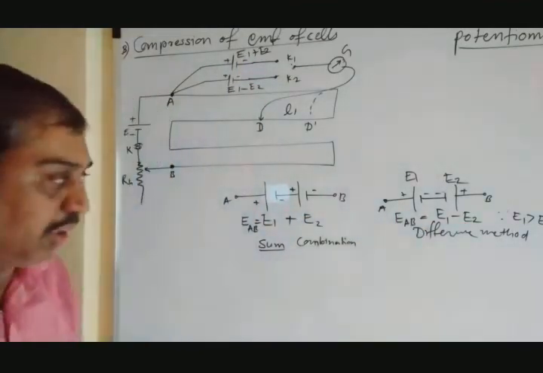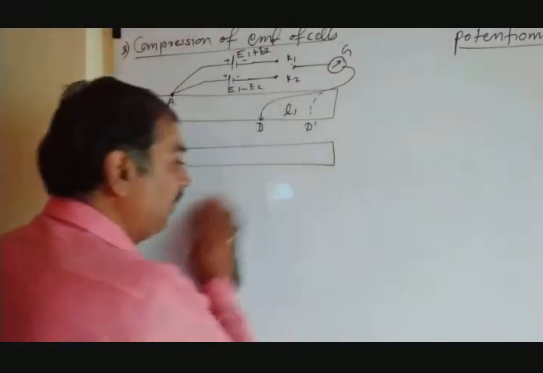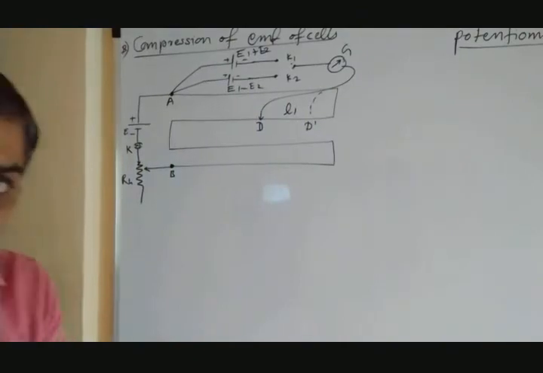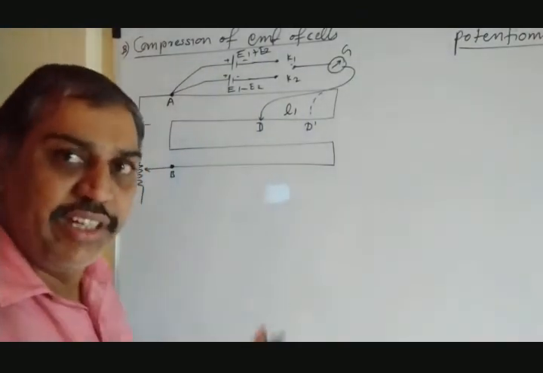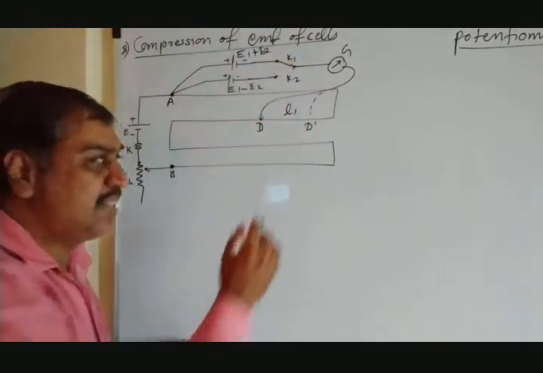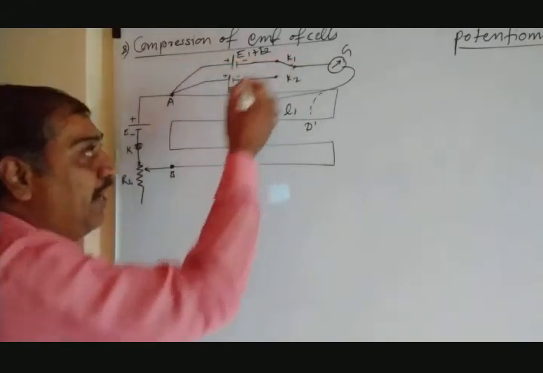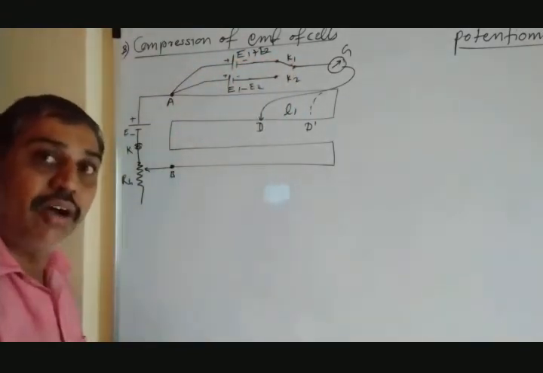So in this situation, let's start to derive the equation and see how we can compare the cells. Initially, as we have seen in the simple case, close the key K1 with K2 kept open, and some current gets passed through the wire. It is seen that when K and K1 are closed, some current passes across the wire.